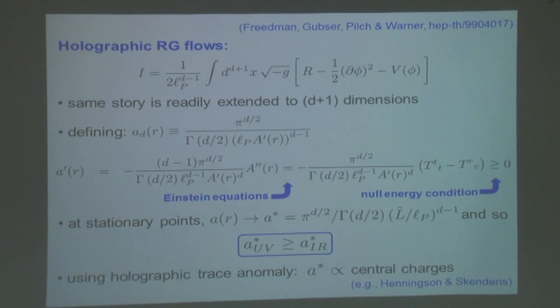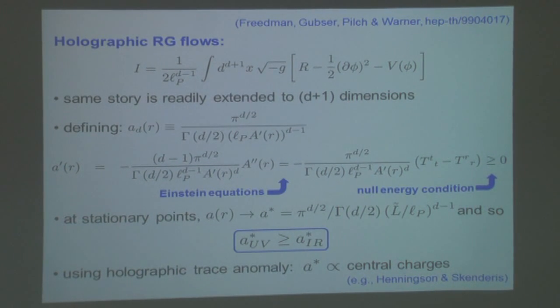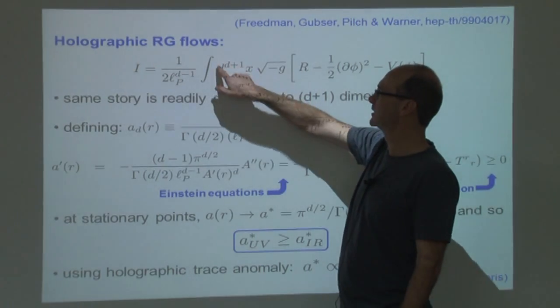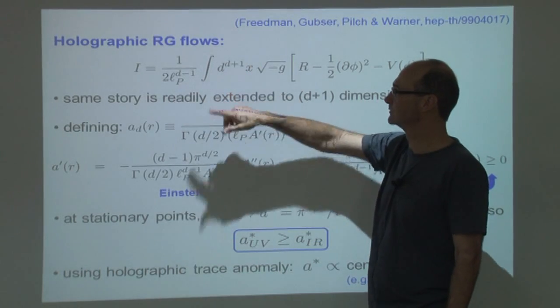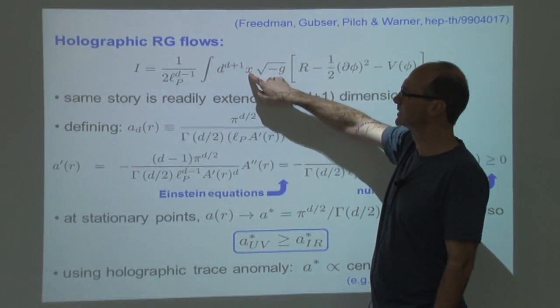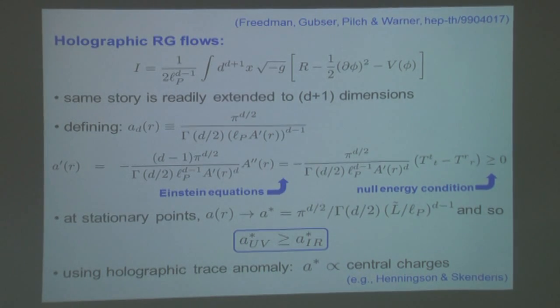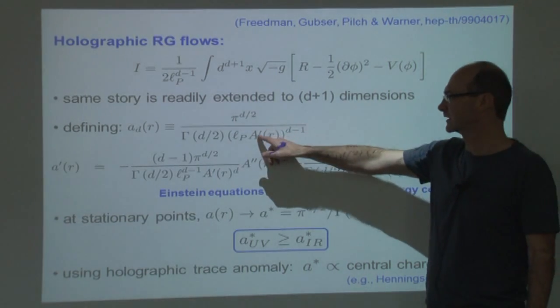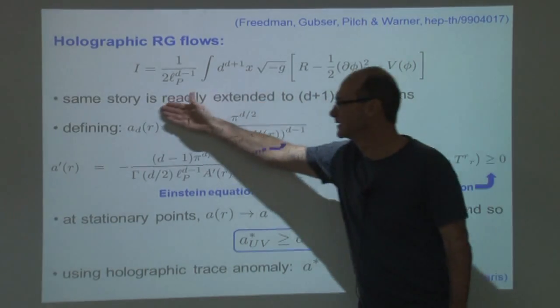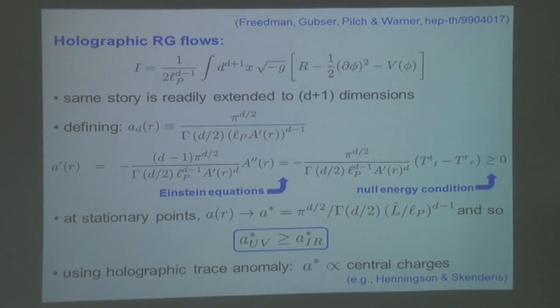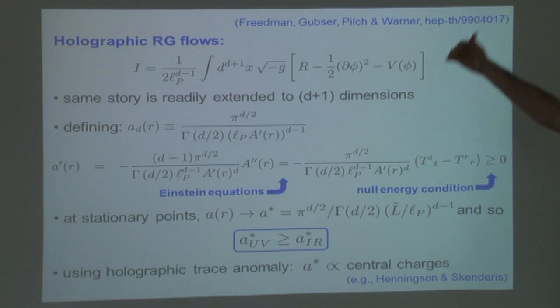Okay, I'm a string theorist. I'm happy to think about theories in any number of dimensions, and so it just becomes a dial in the construction. I think about a d-dimensional boundary theory, which means I have a d plus 1 dimensional bulk. There's a d that appears here, but roughly the story goes through unchanged. I write down the same kind of metrics with this conformal factor A appearing there. I can define some quantity like this, which is the flow function, and I can use the gravitational equations and the null energy condition to say that that flow function is always increasing